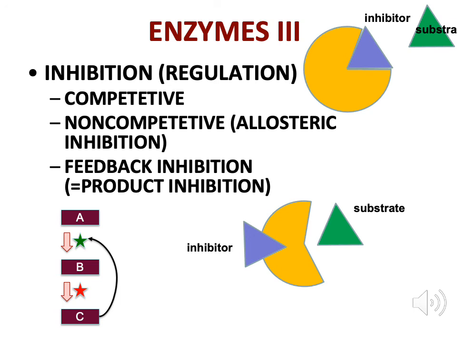First off, competitive inhibition. The word competitive implies something competes for something, and in this case we've got an inhibitor molecule that is going to compete for the active site with the substrate. Obviously, from my illustration there, if the inhibitor molecule is bound to the active site, no further reaction is possible. So a competitive inhibitor competes for the active site with the substrate, and as a consequence can have a negative impact on the enzyme's activity.